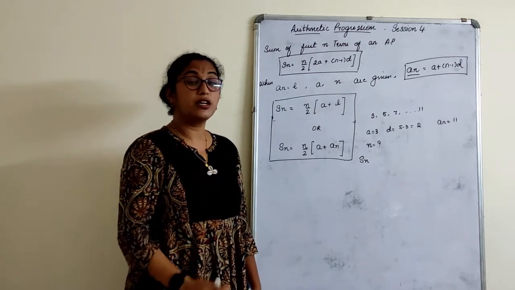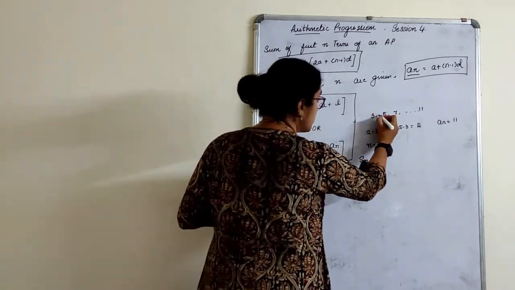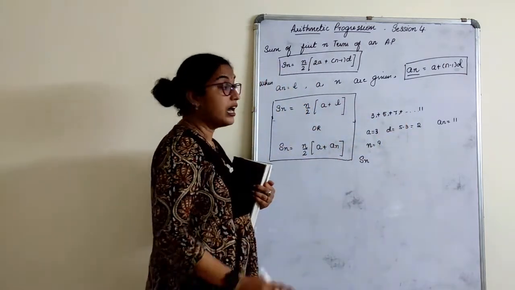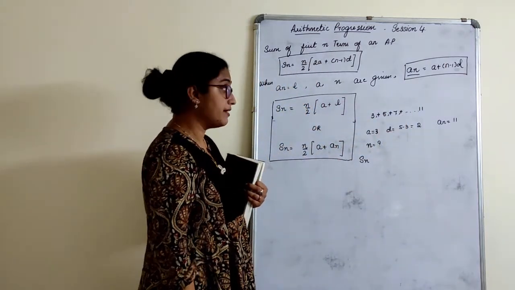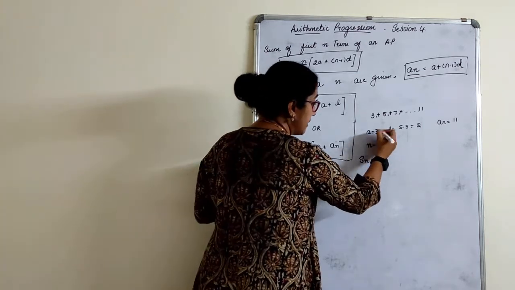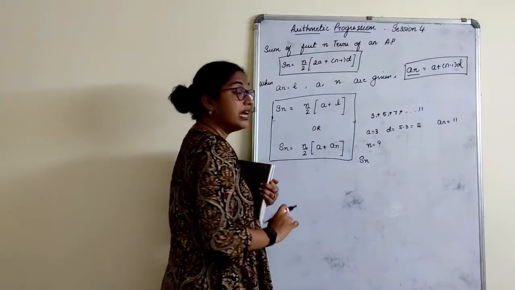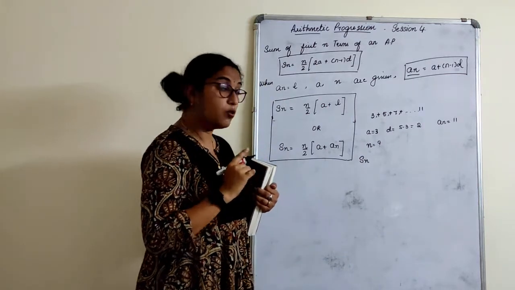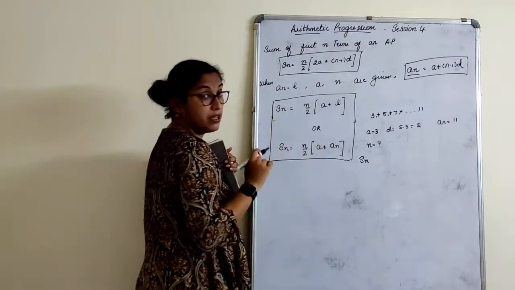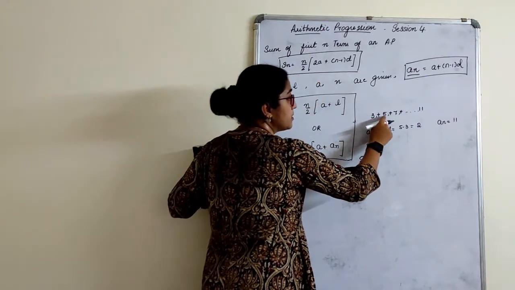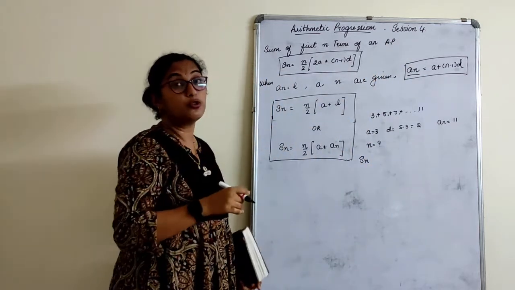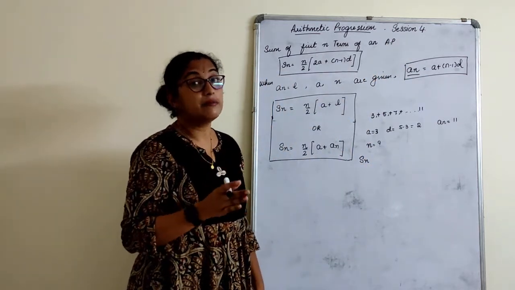The sum of the terms. What do you mean by the sum of the terms? Up to 11. Now, up to 11 means first of all I should know how many terms are there. I will find that by the an formula, and I come to know n. Then Sn I will find. Now what is Sn? Sn is the sum of the terms. I will apply this formula. But actually what it is? 3 plus 5 plus 7 plus so on up to 11. Till there I have to add. That is called the sum of the terms.